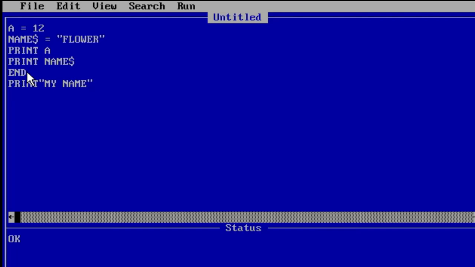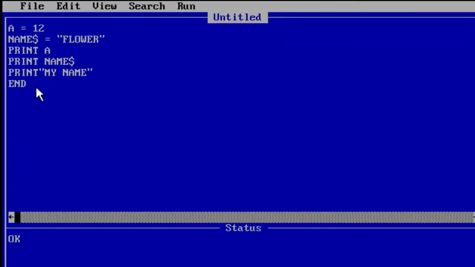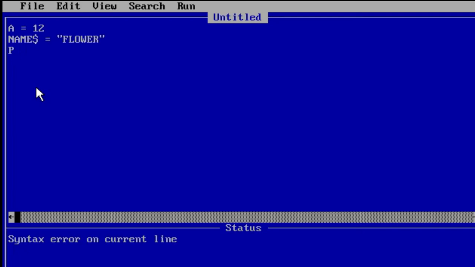If I write it before the end statement and then execute the program, run and then start, look at the output: 12, flower and my name.